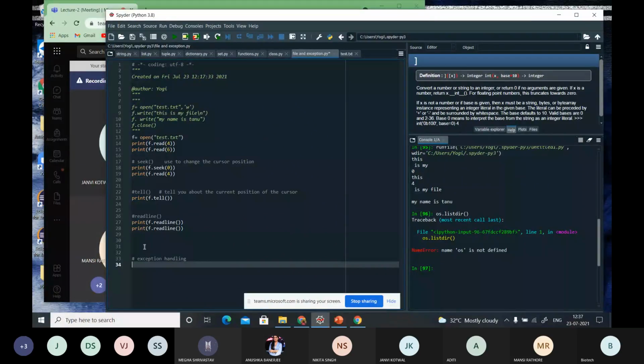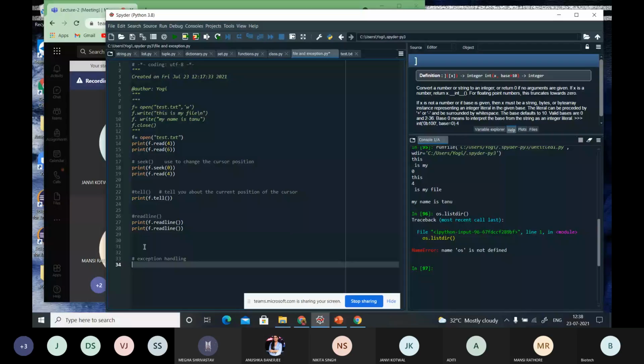We can also define user-defined exceptions. We can make some mistakes like syntax errors and logical errors. For those types of errors, we can handle the exceptions or make use of the exceptions, right? Like ZeroDivisionError, FileNotFoundError. These are my logical errors. And a syntax error will be like when an if is not written in a correct way, or a colon is not there. These types of syntax errors will be there.